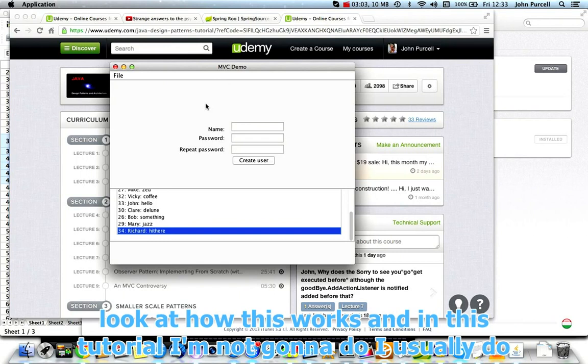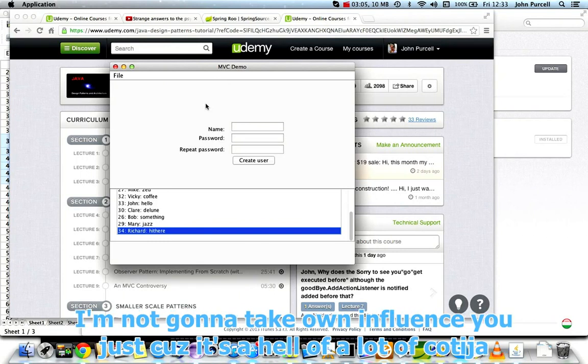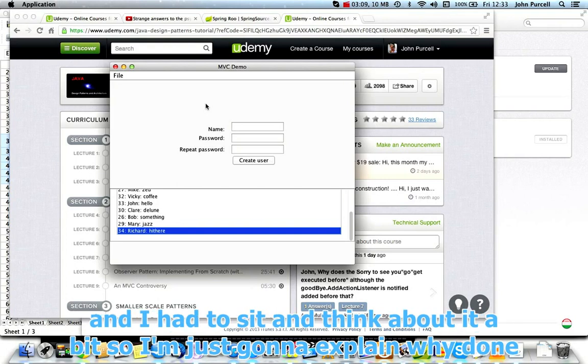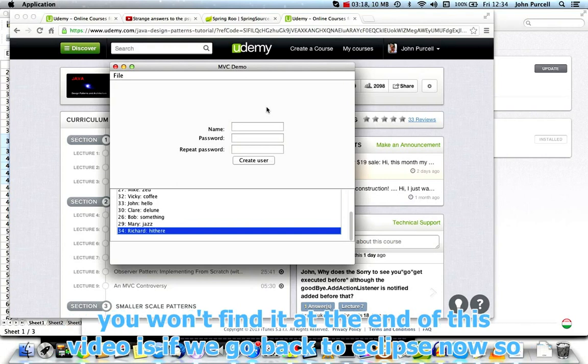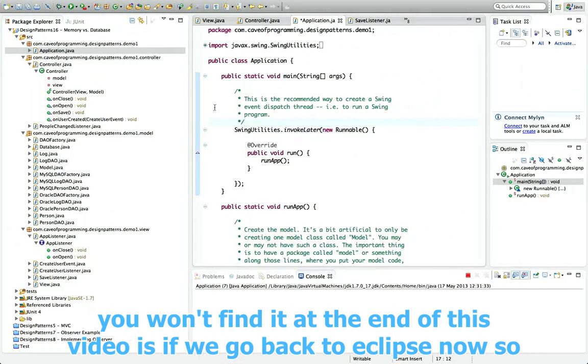And in this tutorial, I'm not going to do what I usually do. I'm not going to type code in front of you, just because there's a hell of a lot of code here and I had to sit and think about it a bit. So I'm just going to explain what I've done, and the code you'll be able to download and look at at your leisure if you want to, and I'll tell you where to find it at the end of this video. So if we go back to Eclipse now,